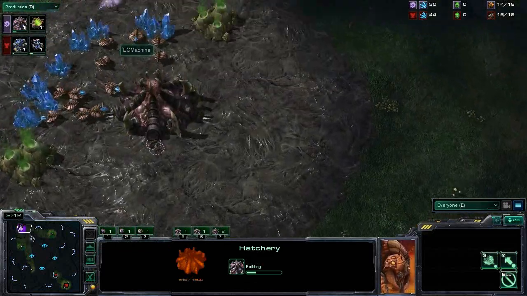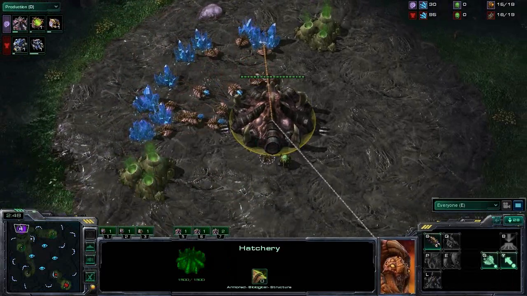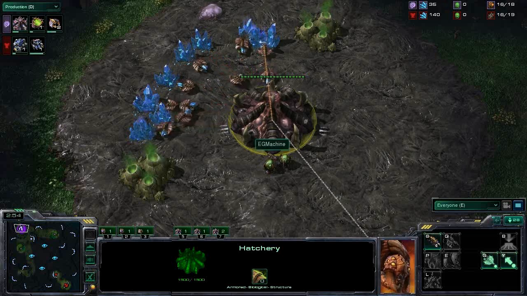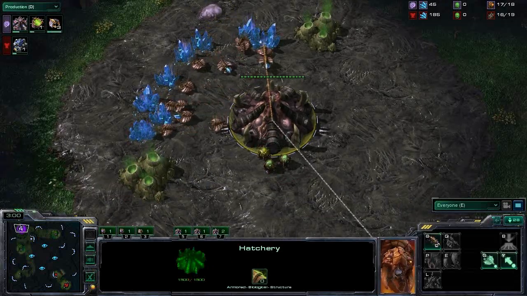Machine doing the same sort of thing here. Hatch first, followed by a spawning pool. Not surprising at all. That's a very macro-oriented Zerg build order that everyone who plays Zerg should be familiar with. Hatch first, then pool. The other very common Zerg build that we see a lot that...